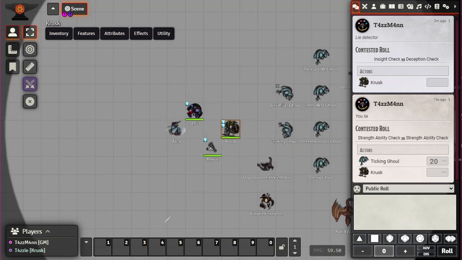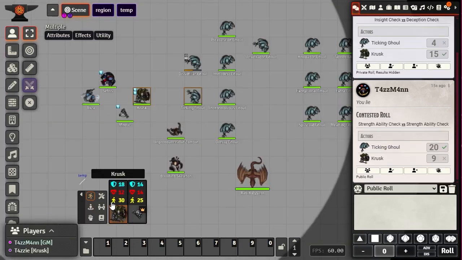So Krusk is going to go. And you can see it is doing it now. So that's why I was doing it. It was a blind roll. So anyway, there you go. That is the contested rolls, which is really handy. It gives you a really quick thing. You can actually type in commands and stuff that can do that, but this gives you a really quick